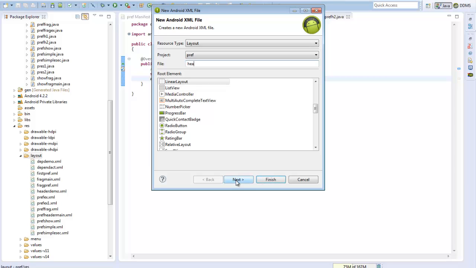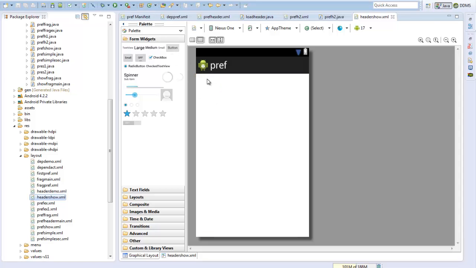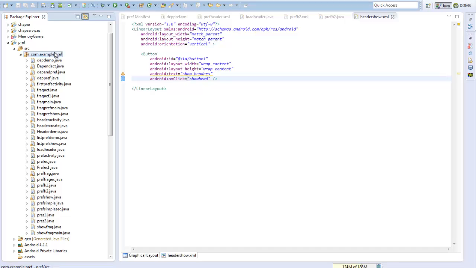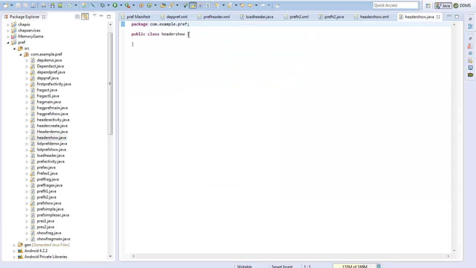So I'll simply have header show. Now we simply have a button, and we'll call this as show headers. Show head, and we'll create a main activity class, header show, extend as an activity,